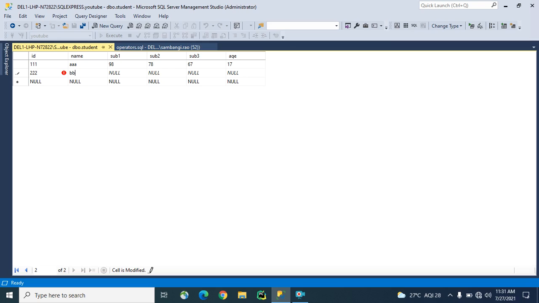Here, his marks are, suppose, 67, 90 and 80. His age is 18. Triple three, CCC, his marks are 66, 55, 44. His age is 19. Assume that, guys. Three rows have been inserted here.